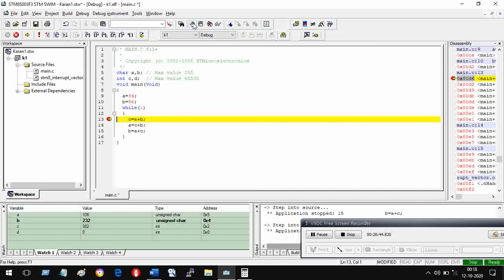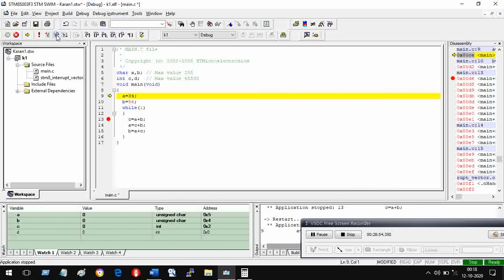See, you got a red thing here. It means if I reset this program, reset means see where I am going, restart application. I restarted application, therefore the pointer has gone to 9, which is the beginning of main, and now I will use this so that it will run fast at full speed and come here and stop. You will not see it coming here, you only see it's coming here. So run it at full speed.